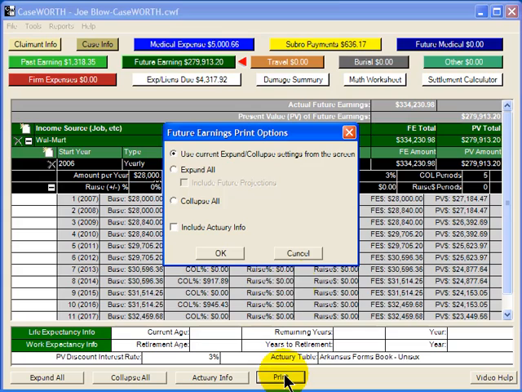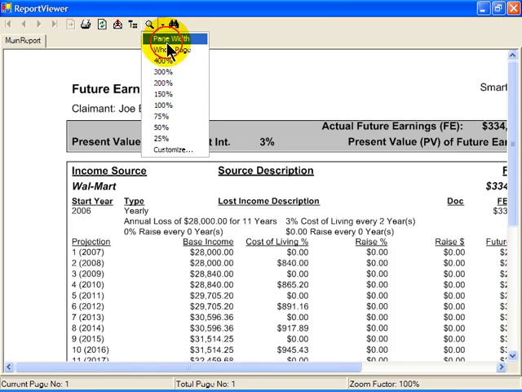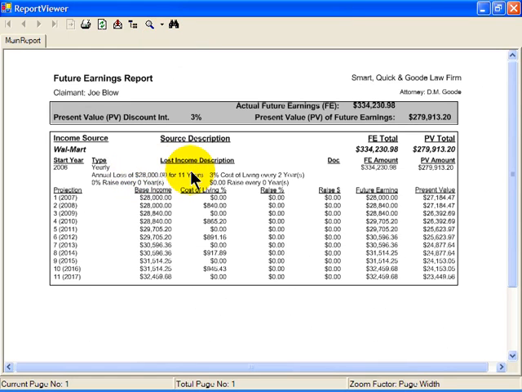You can share this information with the opposing party without hiring an economist through the Future Calculator report. The insurance adjuster can see the details of the loss, the amortization and projection of future damages, and their present value along with the totals. While you may choose to not use this feature in litigation, the CaseWORTH Future Calculator